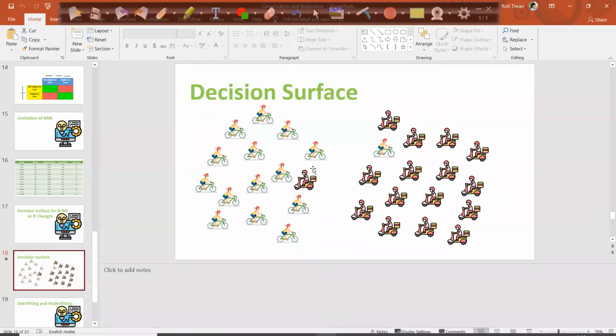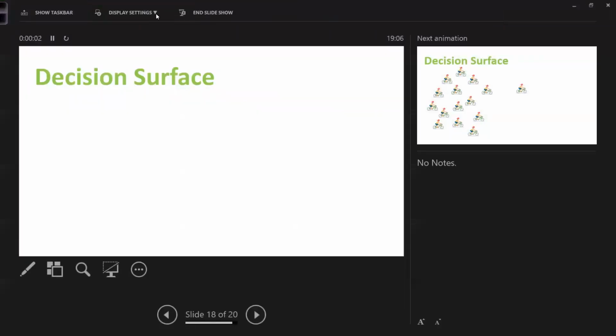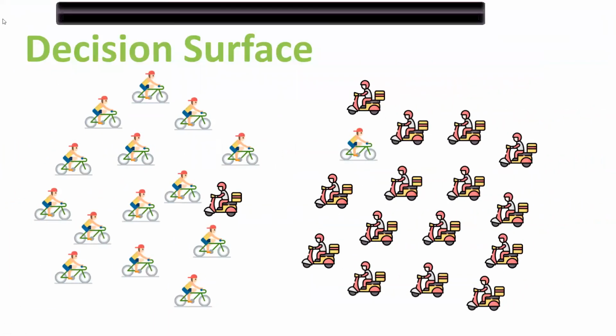So now here, I want to know what will happen when my K changes, right? When my K is 1, when my K is 5, when my K is N, how the behavior will be. Let's go with K equal to 1. Now this is my data set.